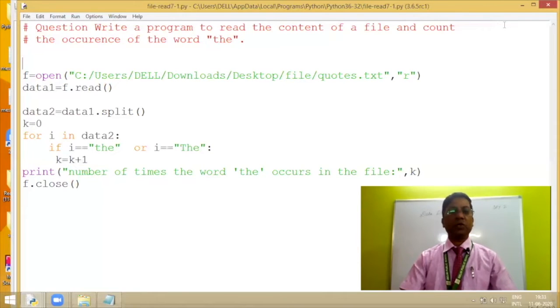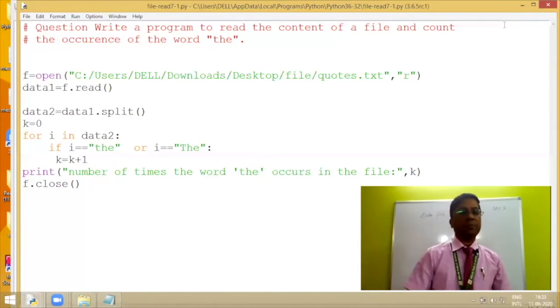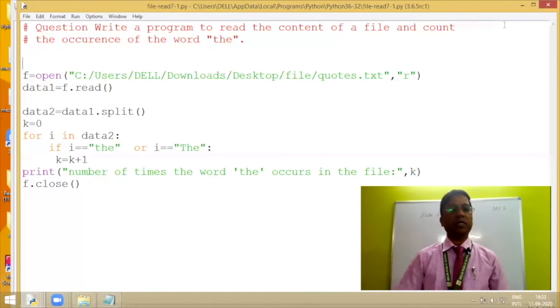As I explained, read will take the entire content of the file and store it in the data1 variable in string form, and data2 equals data1.split will split the entire content stored in data1 and bring it into list form.